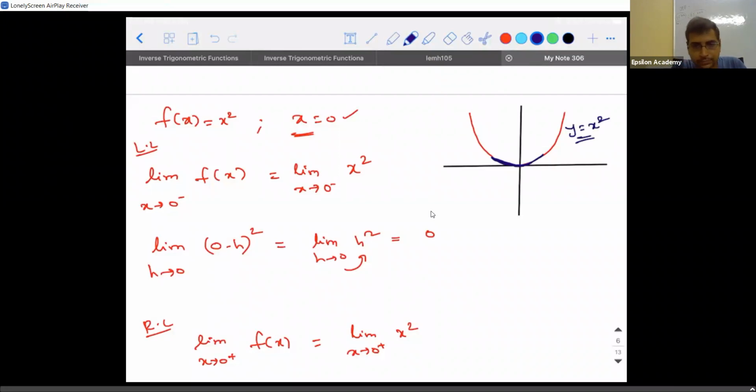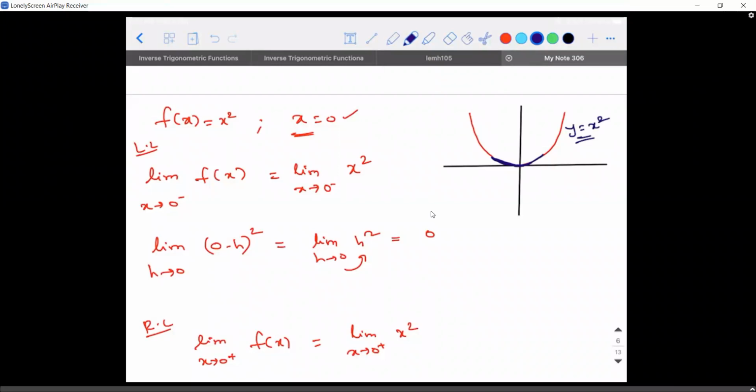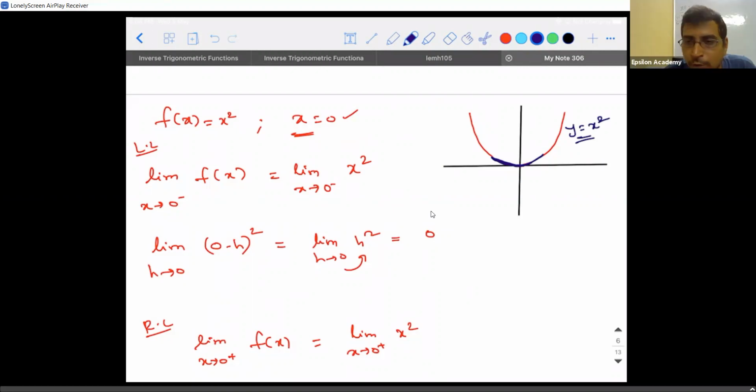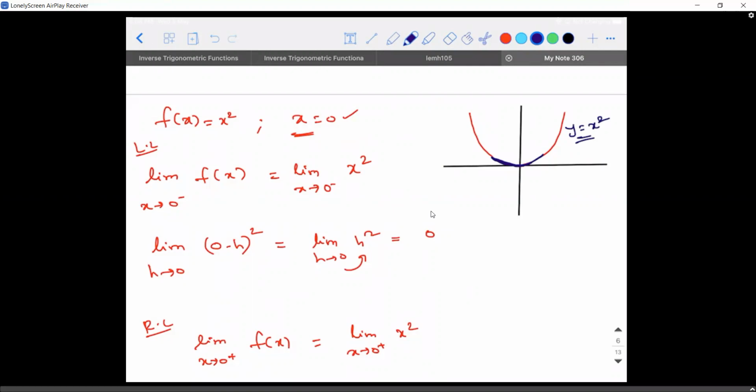Clear enough? Yes, sir. Here we can say x is a real value, right? As per the definition, we saw x is a real value. So 0 is a part of the domain, no? So I have a doubt, sir. Like, when will it not be a part, sir? What value of x would make it not be a part? In this case, it's a real valued function.